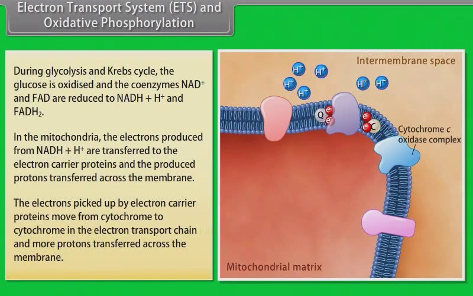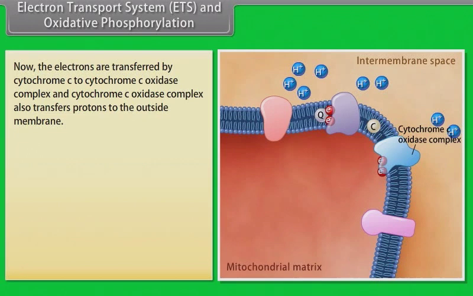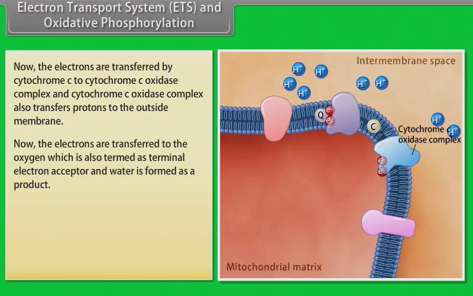The electrons picked up by the electron carrier proteins move from cytochrome to cytochrome in the electron transport chain, and more protons are transferred across the membrane. Now the electrons are transferred by cytochrome C to cytochrome C oxidase complex, and cytochrome C oxidase complex also transfers protons to the outside membrane. Now the electrons are transferred to the oxygen, which is also termed as terminal electron acceptor, and water is formed